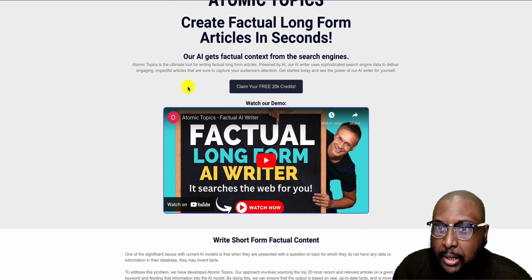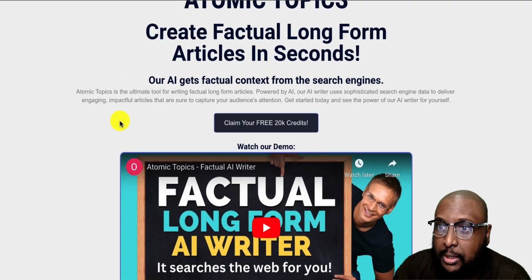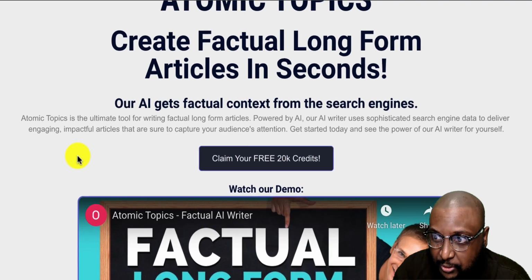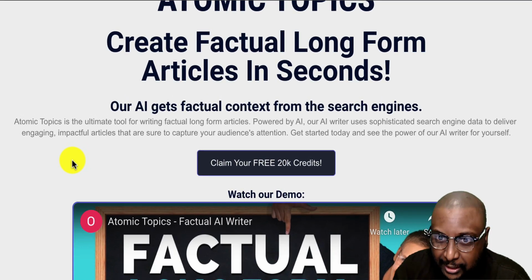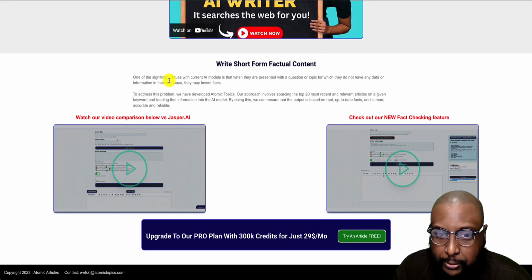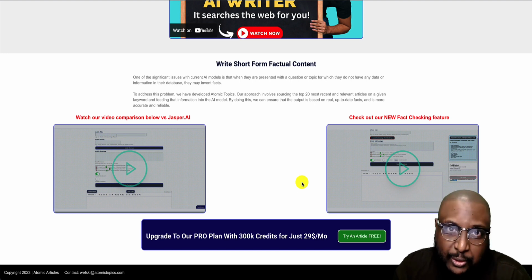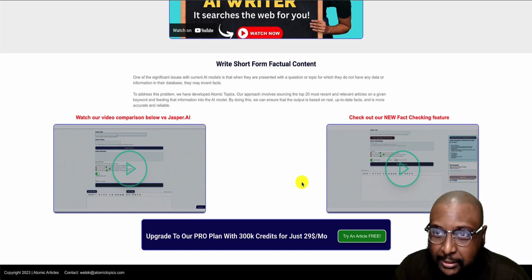So Atomic Topic is the ultimate tool for writing factual long-form articles powered by AI. AI writers use sophisticated search engine data to engage in impactful articles. So it goes and crawls the internet for facts to put into your article or to use as background data for the AI generation of your articles. All right, so very useful in those terms, and it could work with both short form and long form. And it has one added benefit: it could do fact checking. So you could also just use this to verify things that seem correct or incorrect,